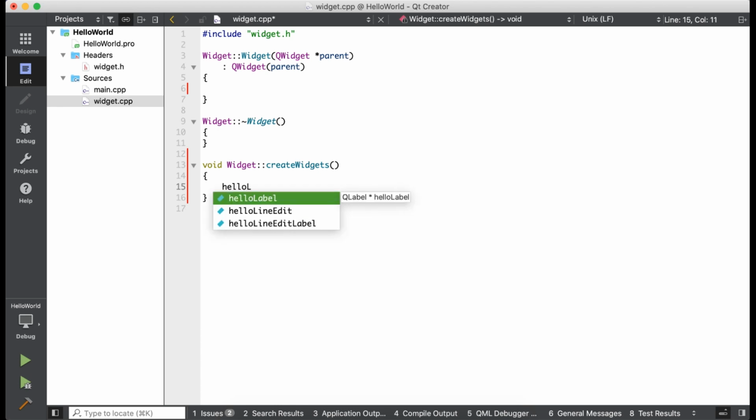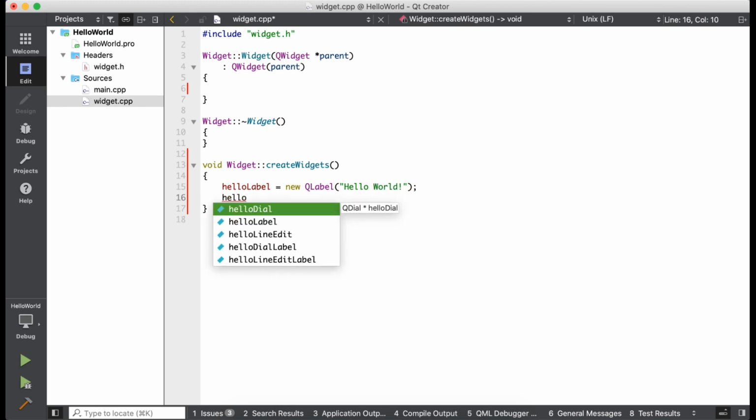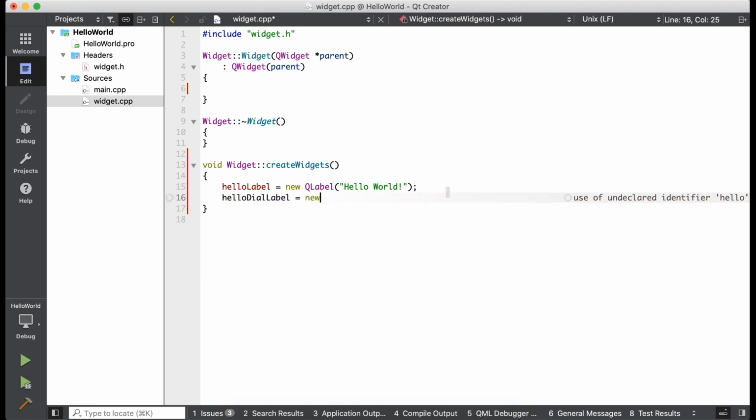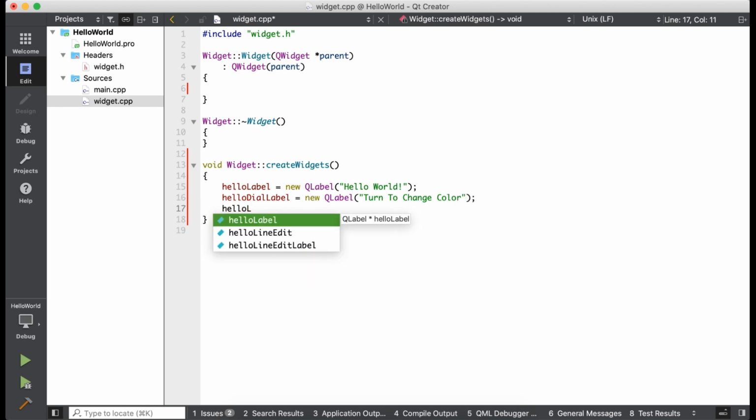So the hello label, we'll just create a simple QLabel constructor. We'll pass in the text that we want to show. That will be hello world. We also need the hello dial label, and that will say turn dial to change, or turn to change color. Okay, it's already obvious we're talking about the dial, so: turn to change color. And finally the hello line edit label, which will say